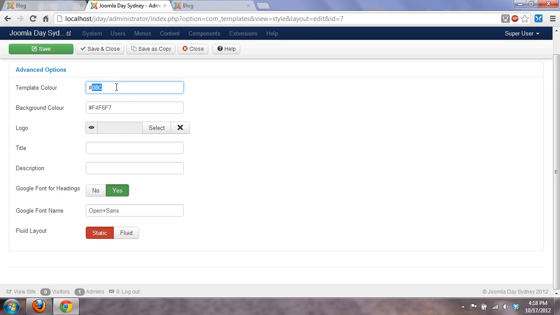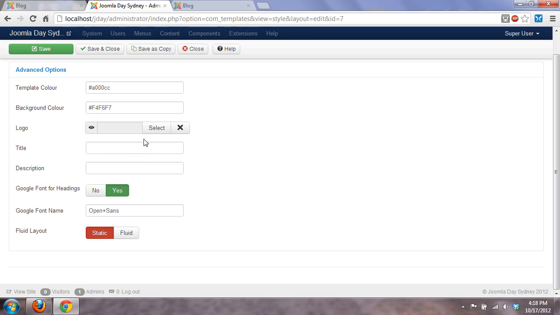So I could change this, and look at that. We have an actual color picker inside of Joomla. Isn't that wonderful? So if I change this, let's say I'm going to attempt to get a lovely shade of orange, or maybe I'll just go for a lovely shade of purple, like that. That looks great. Select. And if I want to change my background color, no one has ever accused me of being a graphic designer, those of you graphic designers who are shuddering out there in the audience. If I go ahead and pick sort of a pale shade of yellow,